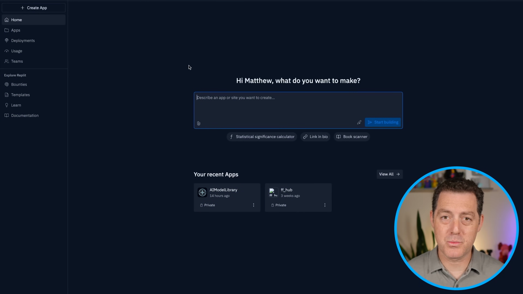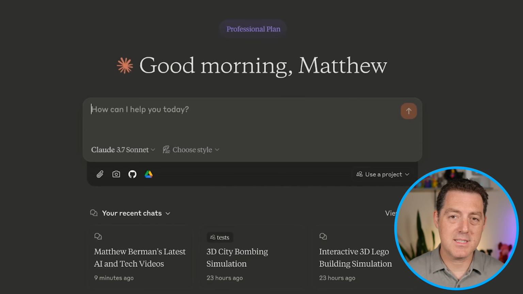Another option is to use Replit. Replit is a completely online code editor. The cool thing about Replit is you can also deploy your apps really easily since everything is in the cloud anyways. Now, last and probably the easiest way to just get started is to use the Canvas feature in your